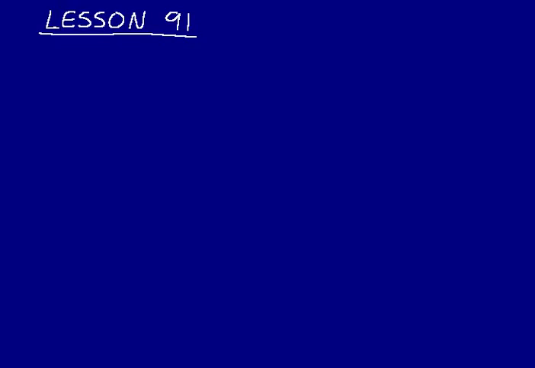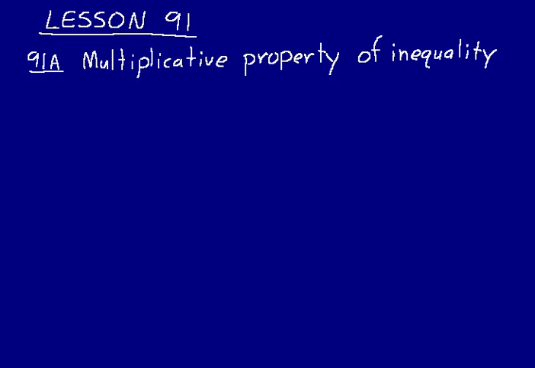Lesson 91 has two parts. The first part is on the multiplicative property of inequality, and the second part is on spheres. Now in Lesson 64 we talked about the additive property of inequality, and you remember if we had an equation